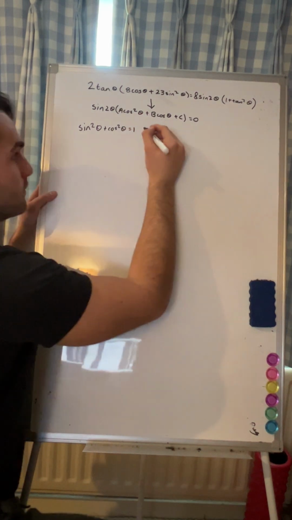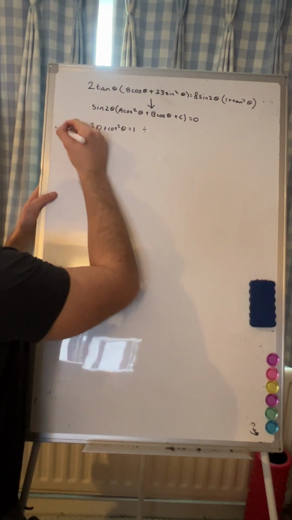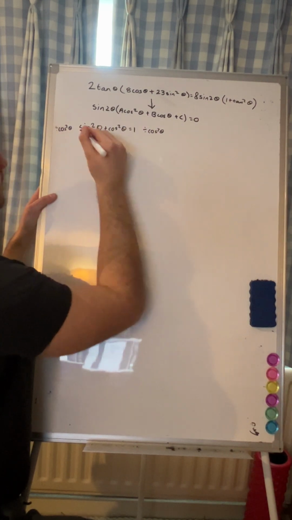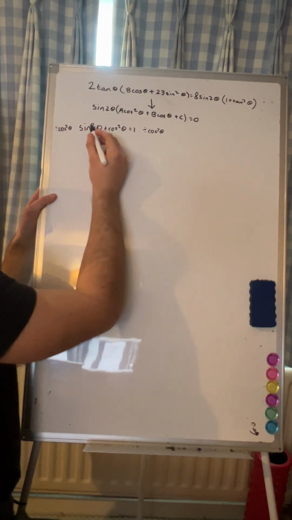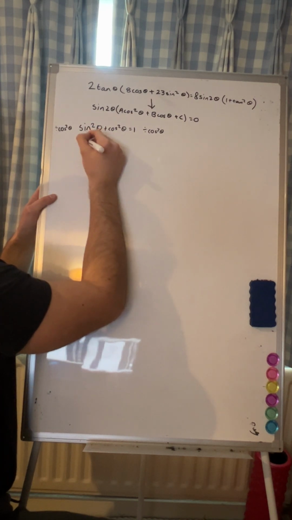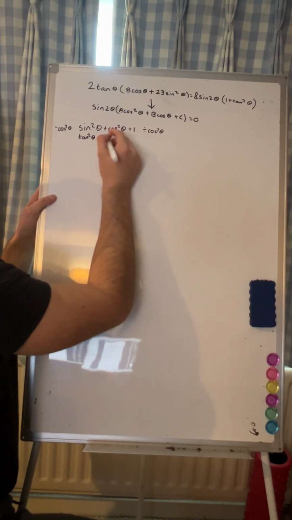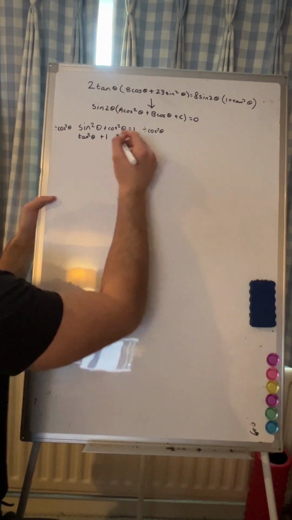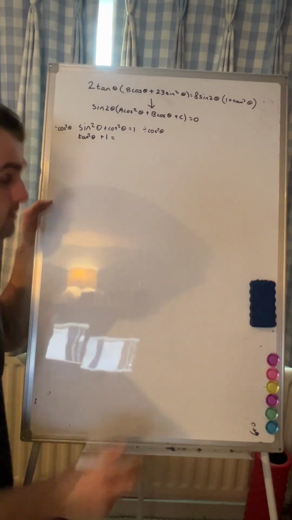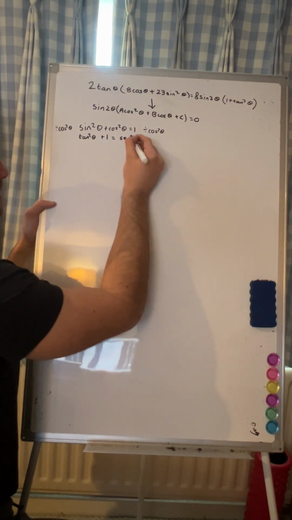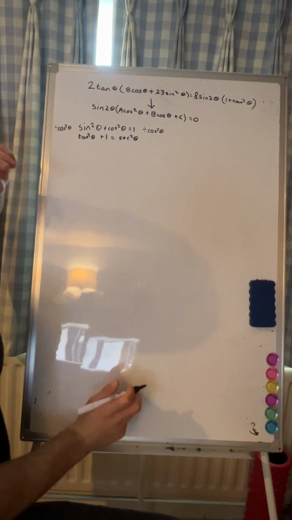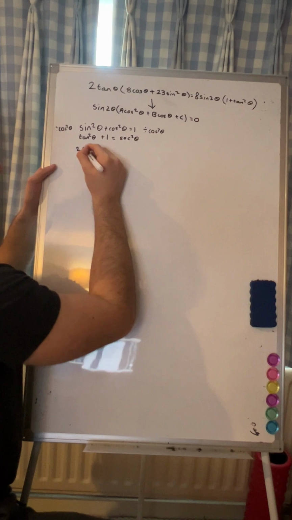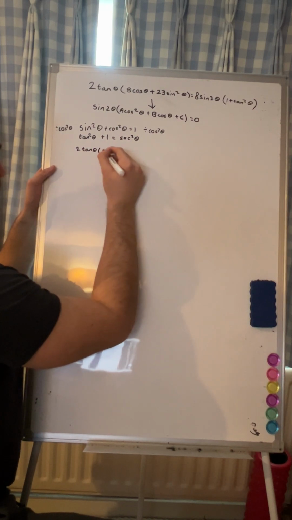If we divide this whole thing, both sides, by cos squared theta, we get that sine squared theta divided by cos squared theta is tan squared theta, plus 1. Cos squared theta over cos squared theta is 1, equals 1 over cos squared theta, which equals sec squared theta. So now we have that this side equals, if you rewrite it all, we have tan 2 theta